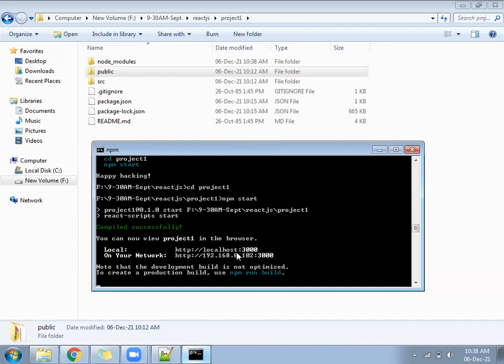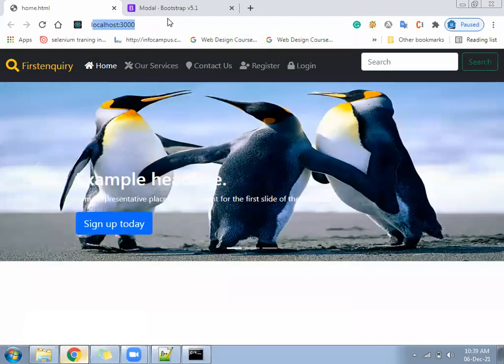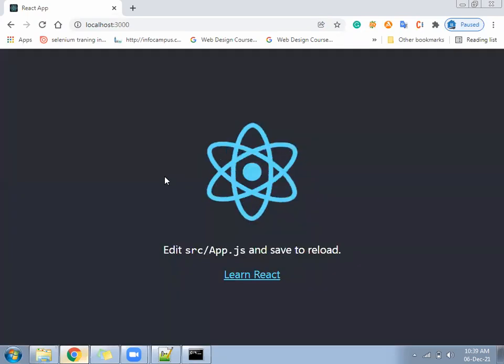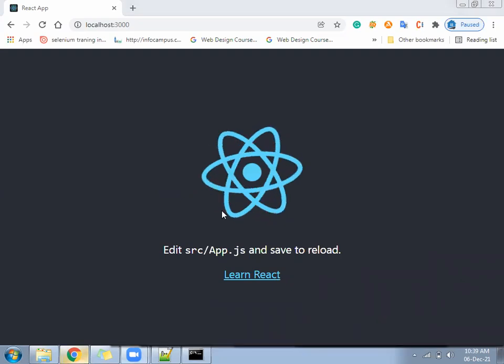Localhost colon 3000, we need to write in the browser. After that, it will run, or maybe your browser is already open as the default browser. Mine is disabled, so I have to go manually and write here localhost 3000 port number. After that, it will give me something as a default output. Something like this. So hope it compiled for everyone, and it is showing like this.